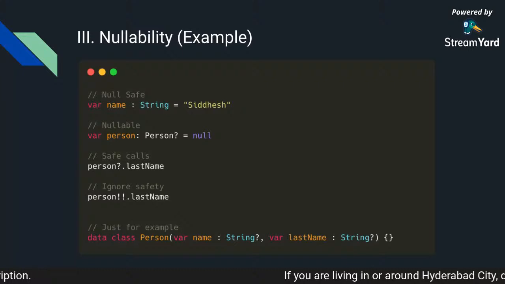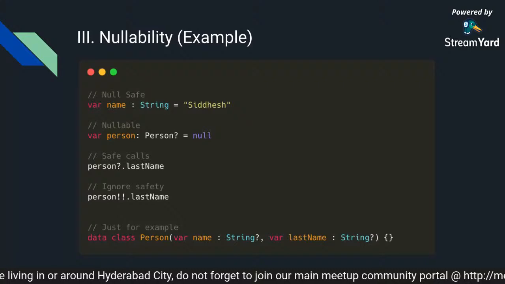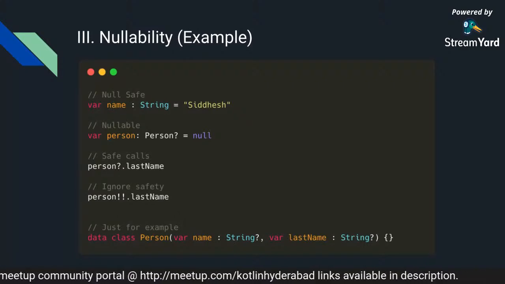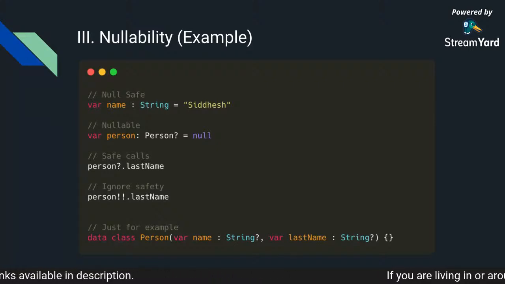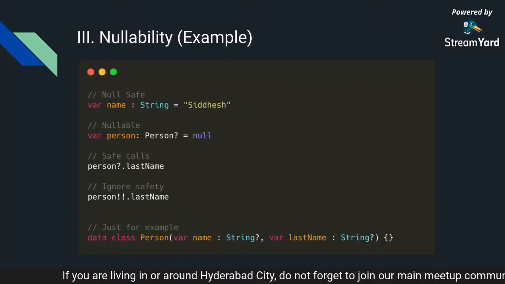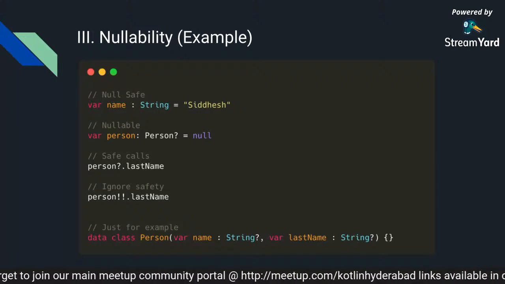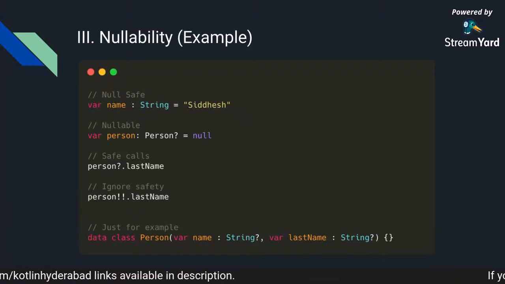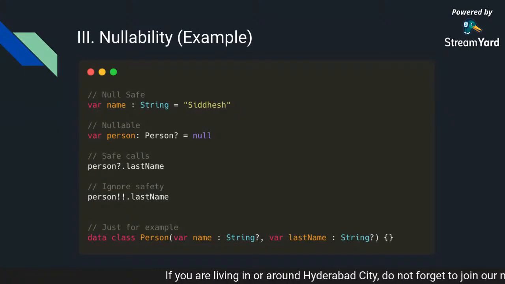So that's why this safety operator is there. And then if I want to ignore safety altogether, then I'm putting two exclamation marks. That's how you ignore safety. If you directly want something to be null, and you can handle that in your code, then you can put a double exclamation mark. Now I will advise you guys to not do this, because Kotlin itself is designed in a way where you can avoid null pointer errors altogether. So to take the best advantage of Kotlin, you should definitely use these safe call features and nullable and null safe features in the best way possible. So this is an example of nullability. Kotlin is null safe in nature.